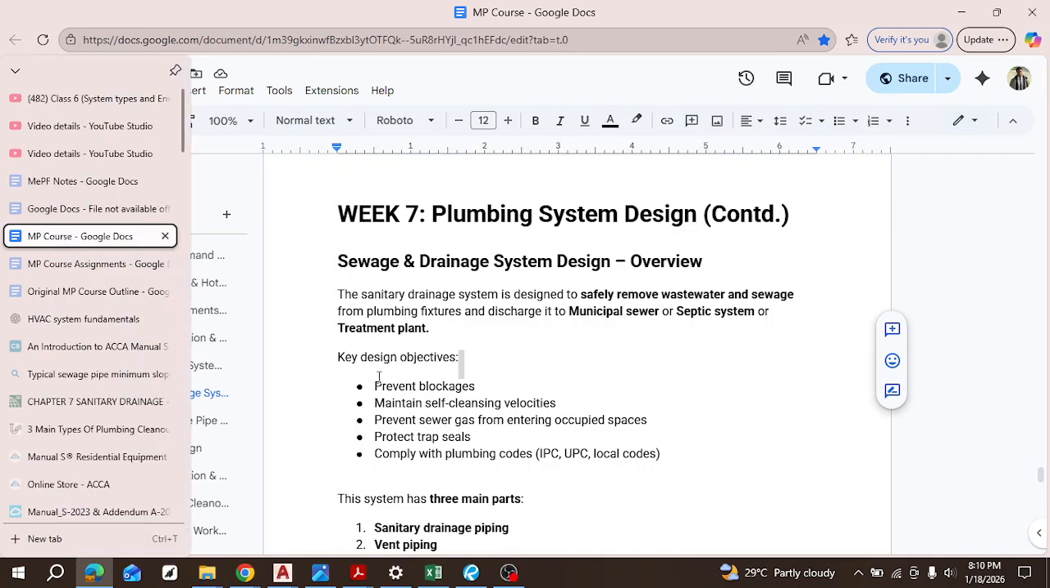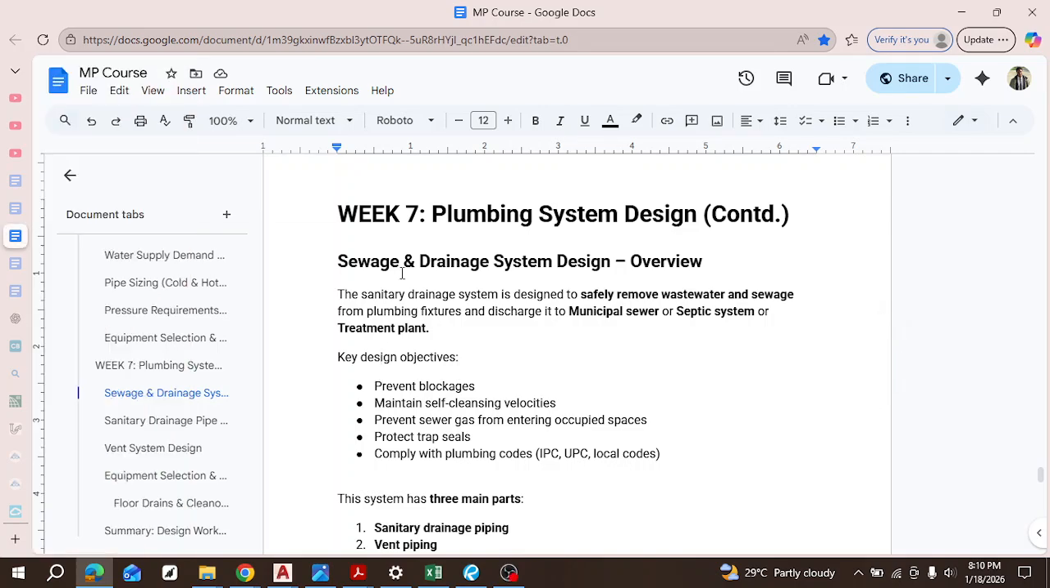Okay. Welcome to week 7, a continuation of our plumbing system design. So let's talk about sewage and drainage